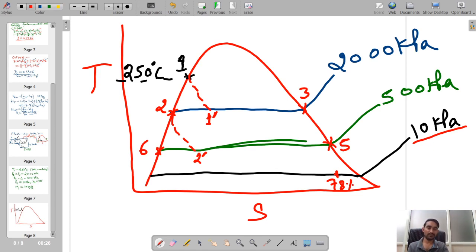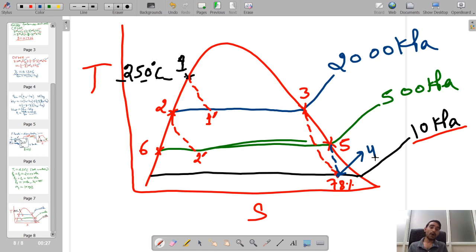At this point number 4 the expansion has happened, first from point number 3 and second from point number 5. So now I have to draw the expansion process. Let me draw the first expansion process with a red colored line, and the second expansion process with a blue colored line. Both are meeting at which point? The thermodynamic state of this point is state number 4 as per our block diagram.